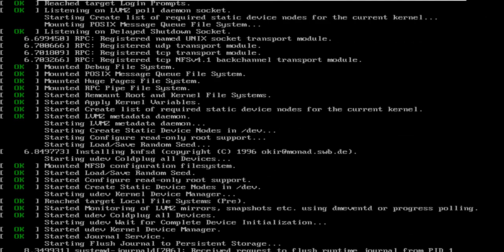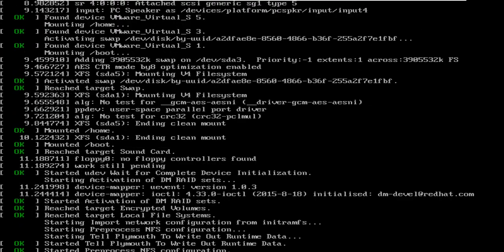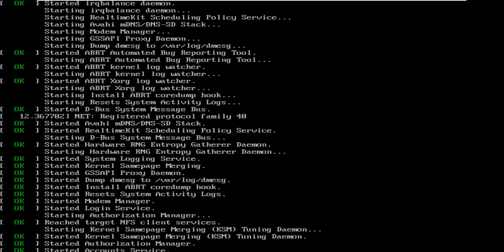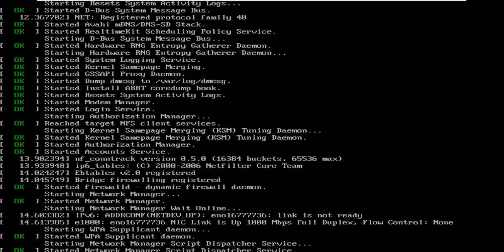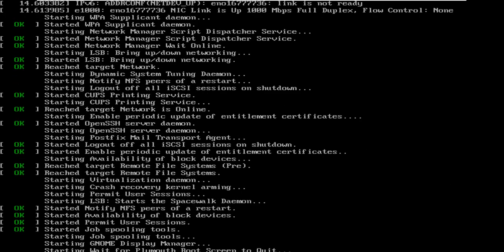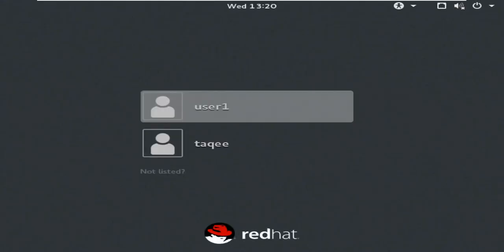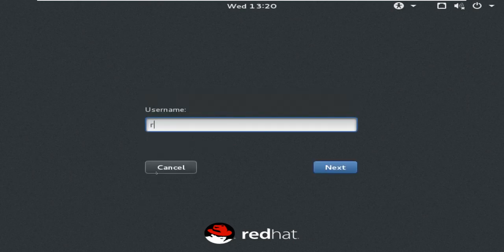So these are the troubleshooting options we have, and if we like to do the troubleshooting, we can do it. If your system is not starting, for example somebody has corrupted your fstab file, then your system will not start. If you are having a problem, again your system will not start. If somebody has deleted your kernel file or initial ramfs, then again your system will not start.